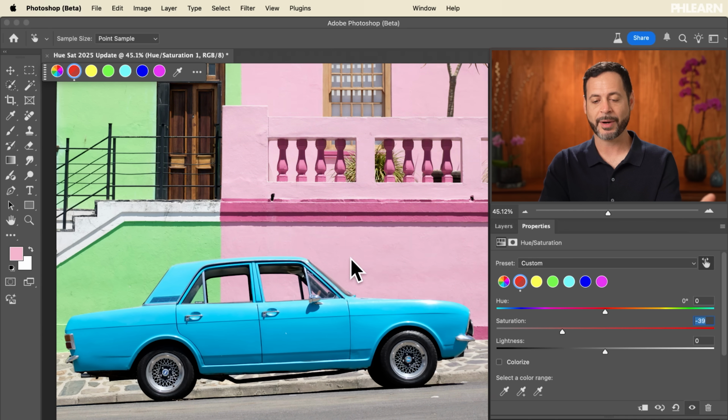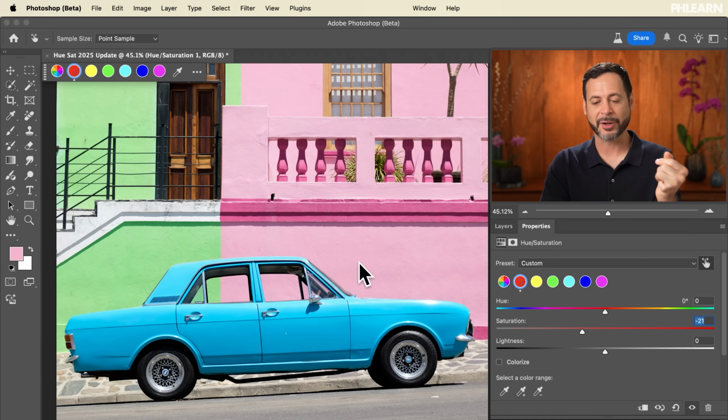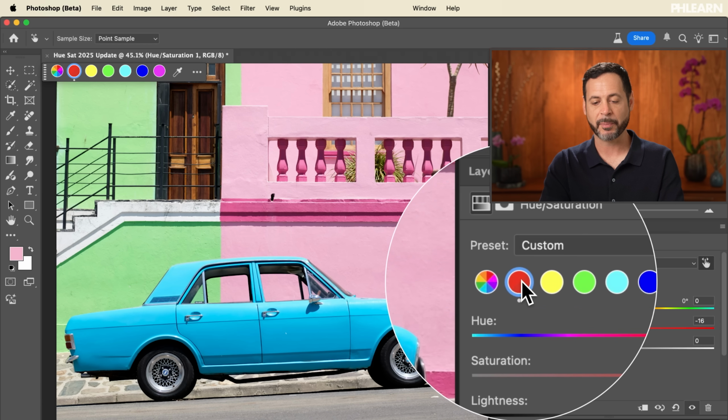For instance, if you click and drag left to the right, it does affect saturation, but I think it would be cool if I clicked and dragged up and down and it changed the hue. Right now it doesn't do that, but I think it'd be a nice addition for this tool in general. I would also like it to target specific colors. Right now you can see it's just targeting all my reds,